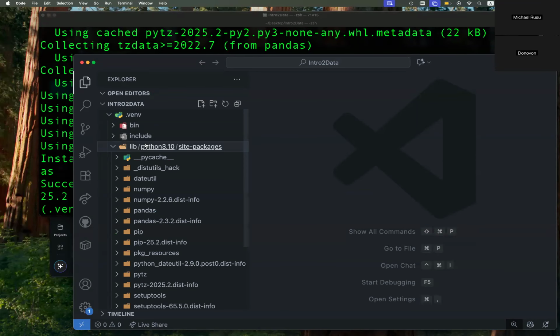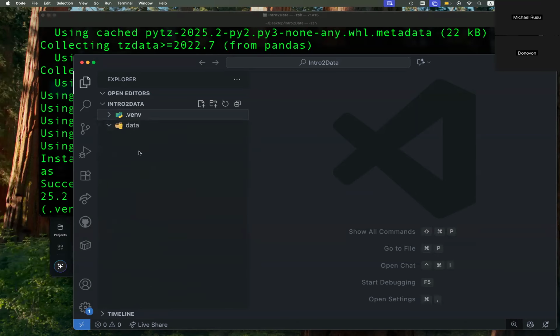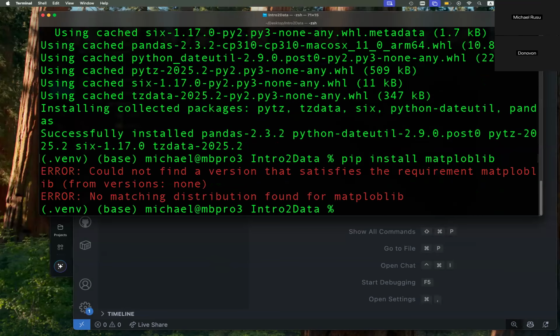here, I believe it's library. You can see that we installed NumPy, Pandas. You don't want to touch them unless they're broken, because this is all set up for you. So we're going to be focusing on this. This is your little Python interpreter. Here, let me go back so you guys can see the command. Pandas is how you spell it. And then we have Matplotlib, which will be our visualization library. So we're going to do that.